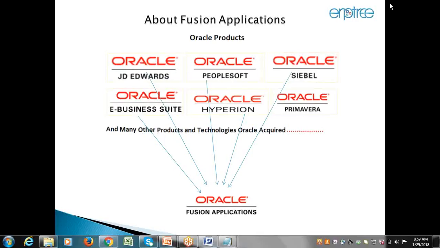So as you said, the Fusion application, that means in terms of cloud, is there any other software that is a competitor of Oracle? See, we know other key players in the market along with Oracle, and who's the big competitor, right? Other than that ERP vendor, we don't have any big competitors in the market. That too, Oracle is trying to be in the number one position with this Fusion product.